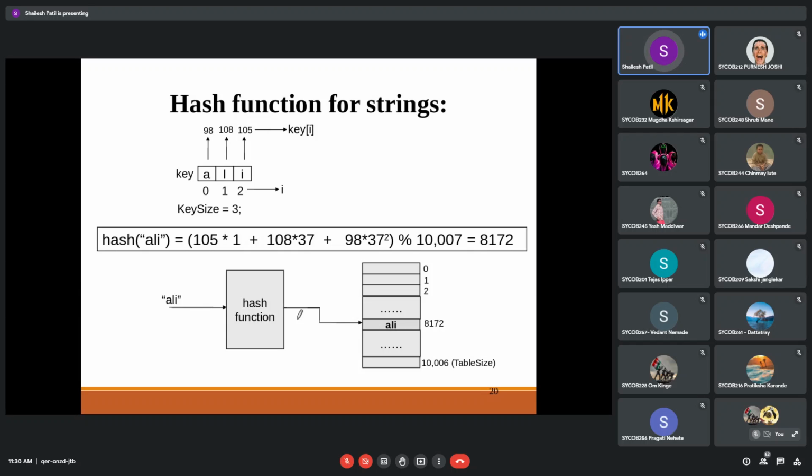So already we know that if we have a number or string initially, we are going to work with some hash function, and that is going to convert it to some specific address. In this case the table size is like 10,000. For a large instance, like storing dictionary data in a hash table, we'll need a bigger size like this.